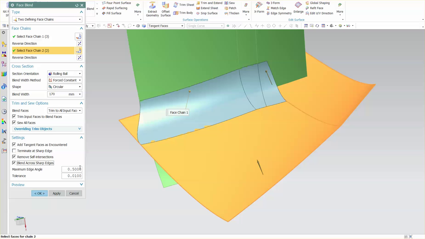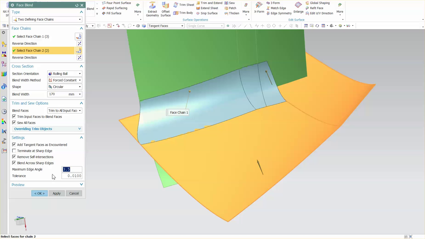Now here's a condition where maybe naturally in the real world you don't want to have a hard break like this, but this is just as an example to show you how extreme this can go. So we know we have a 3-degree break. So if I come in here and say 3.5 for instance,